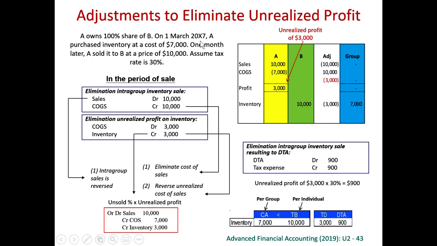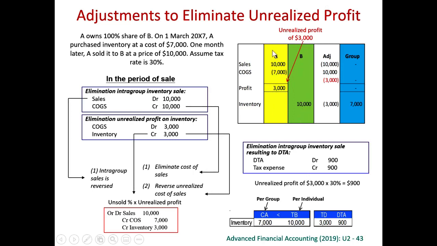So when A purchased the inventory, of course A recognized the purchase, 7,000. And when A sold it to B, in A's own financial statements, A will recognize a sales of 10,000. Because A only purchased it at 7,000, in A's own financial statements, A will recognize a 3,000 profit. B has purchased it from A, so in B's own financial statements, they think that they have an inventory of 10,000. It's 100% correct in their own financial statements, but on consolidation,